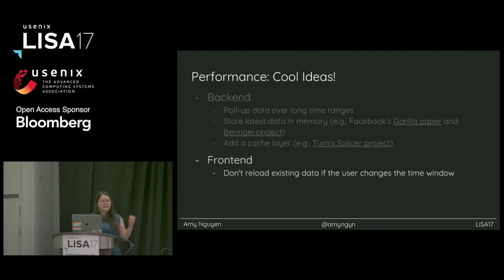For example, let's say I have 1 week of data and I want to click back to get 2 weeks of data because I want more context. Even if it takes about the same amount of time to load 1 week versus 2 weeks, it doesn't matter to me as a user, because it feels inefficient to see it reloading that 1 week of data that was already on my screen. So the user just gets frustrated. If you just load the 1 week of data that you don't have and show it alongside the week that's already there, people are already happy, even if there's no legitimate performance improvement. It's about the perception.